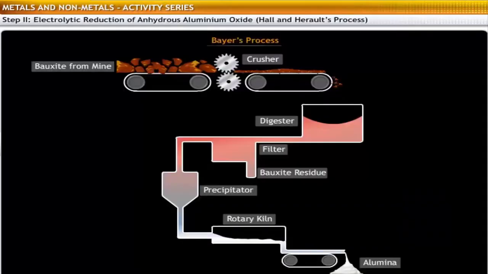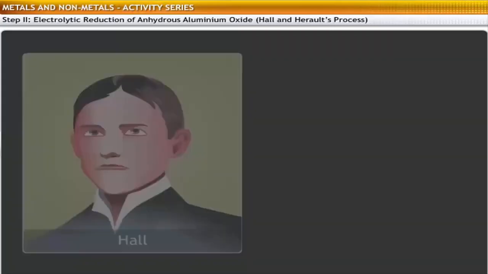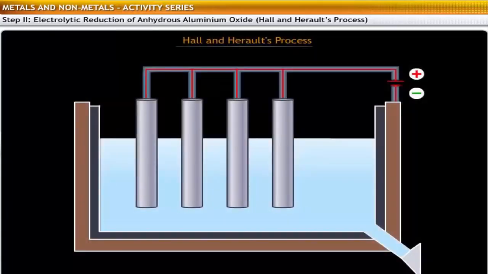The second step in the extraction of aluminium is the electrolytic reduction of alumina obtained using Bayer's process. This is done through Hall and Heroult's process. Hall and Heroult developed the process independently. The electrolytic cell used in this process has the following components: